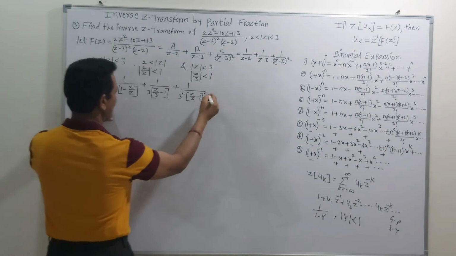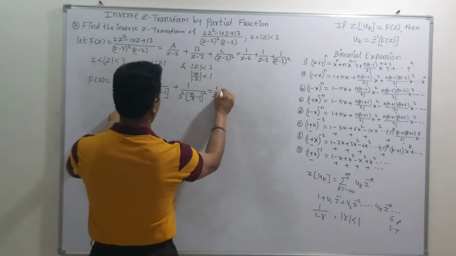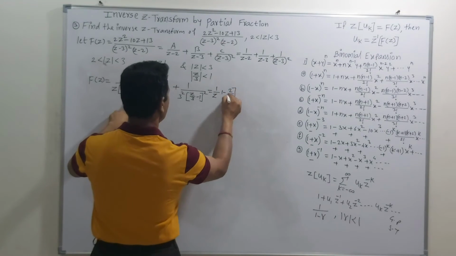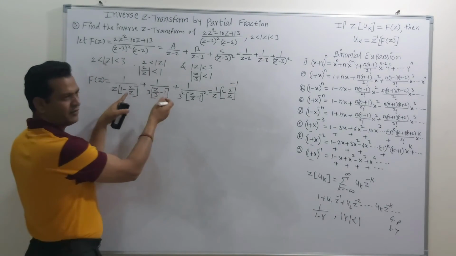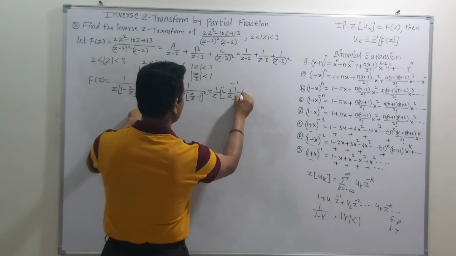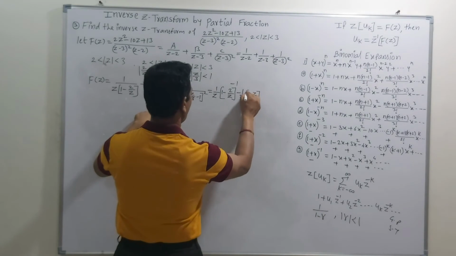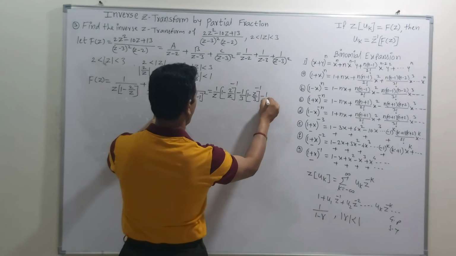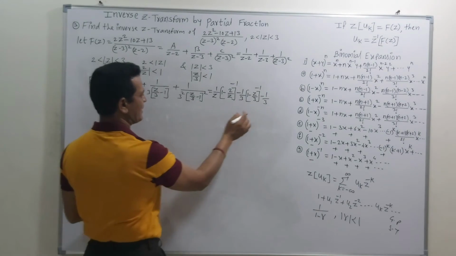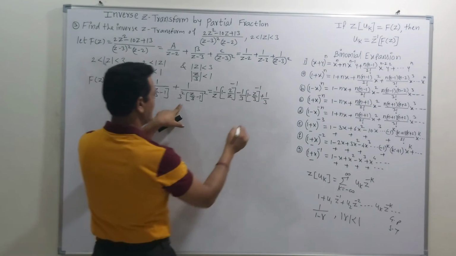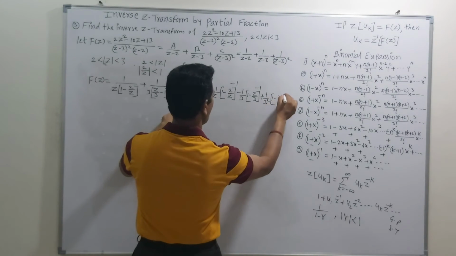Then we can rewrite this equation as 1 upon z, then 1 minus 2 upon z raised to minus 1, after taking the numerator. If we write this as one term, then minus will become common, so we can write this as minus 1 upon 3, then 1 minus z upon 3 raised to minus 1. Then again this is minus 1 upon 3, but since this is a square, we cannot write this as minus, because this is again 3 square, 1 minus z upon 3 raised to minus 2.